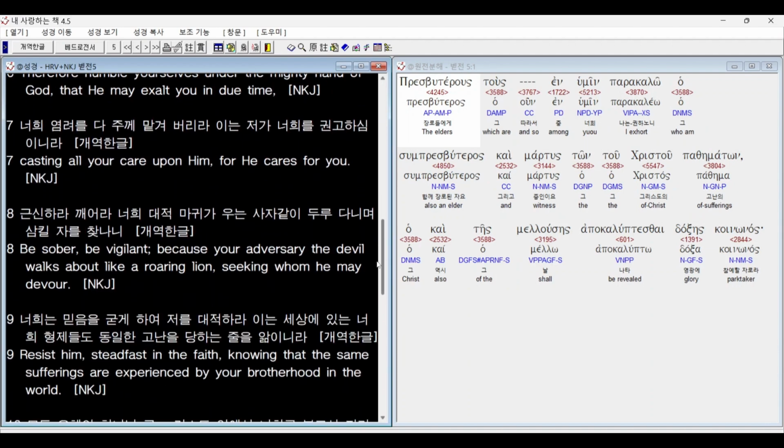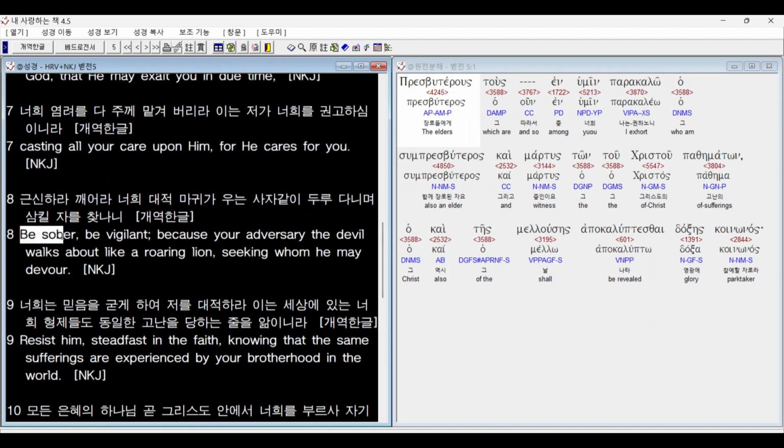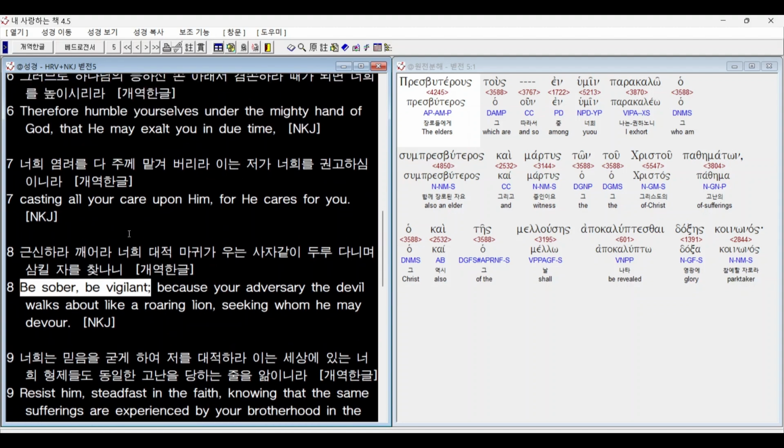And verse 8. Be sober, be vigilant, because your adversary the devil walks about like a roaring lion, seeking whom he may devour. Who is the one who needs to be sober and vigilant? If you go a little up,